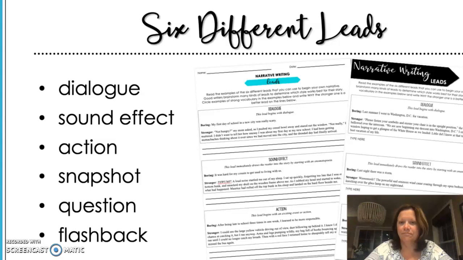And so what I want you to do is in those worksheets, I want you to read through the examples of the 6 different leads in narrative writing. And as you're reading through them, I want you to circle any examples of strong vocabulary. You know, what makes this lead a really strong example? And you're going to write that underneath that particular lead. You know, what is it about this that makes it so enticing and so intriguing? Why is this stronger example that's being provided for you way better than the boring example that we've given you